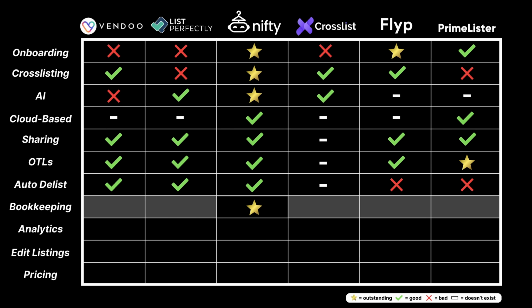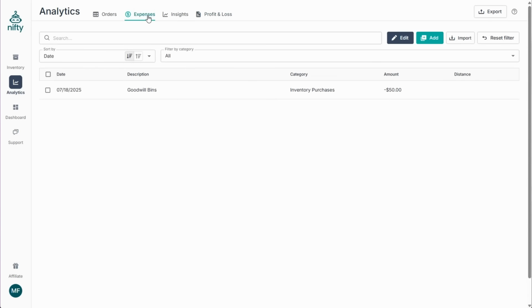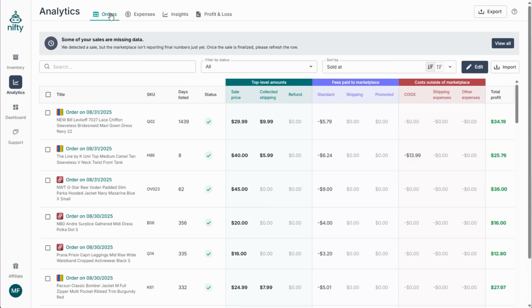The bookkeeping part is simple. Only Nifty really includes bookkeeping. Because Nifty pulls in all of that sales data, it also uses that information to generate a profit and loss statement that fills itself. You can also add all of your other expenses under the expense tab, and you can